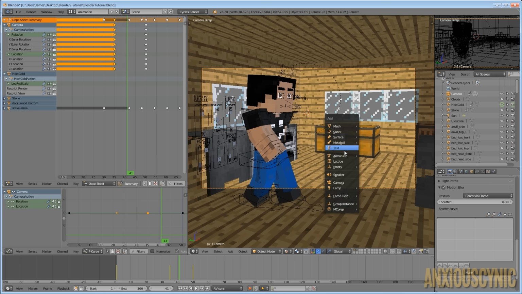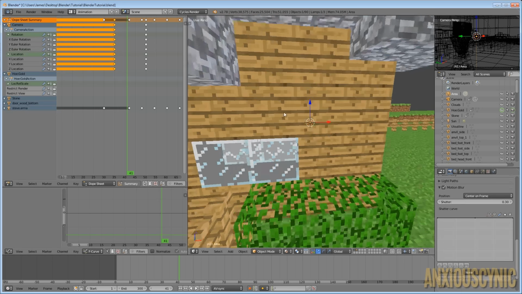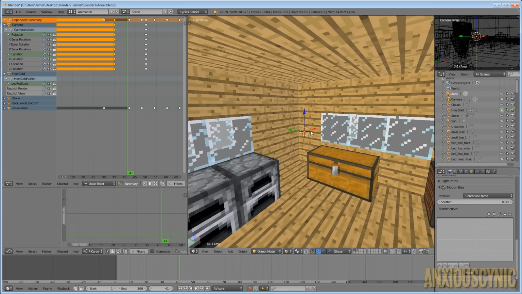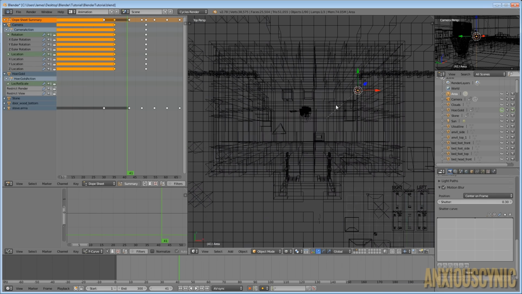Okay, so real quick before we do that though, we want to add a lamp because we don't have any lights inside this house and it's going to look pretty terrible. So let's just go ahead and let's try, we could use a point lamp, but let's just do an area lamp for now. As you can see, I moved my 3D cursor so that it will spawn somewhere close to us here. Let's go into our top view and go into wireframe so we can see what we're doing.